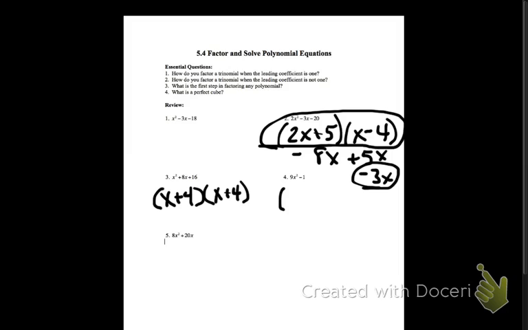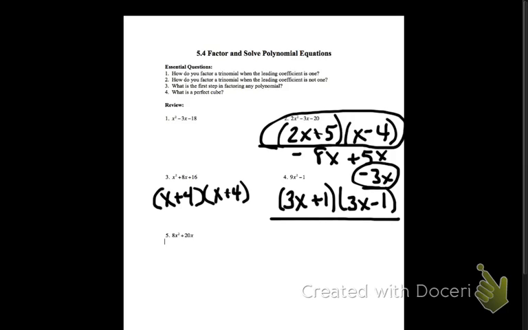So that pattern tells me I can take the square root of the first term plus the square root of the second term and the square root of the first term minus the square root of the second term. That's my final answer. Last one,